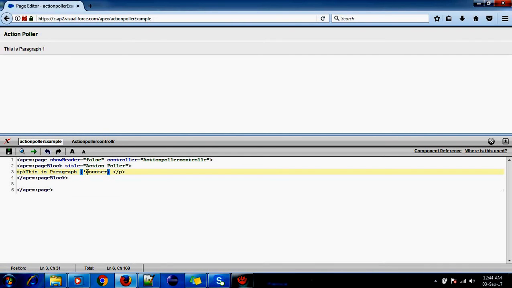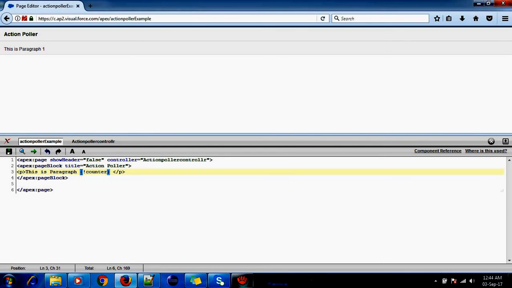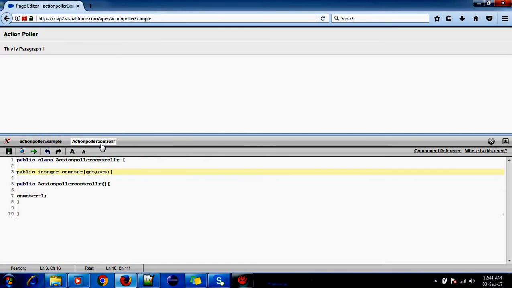When I save it, you can see this got called. This is not a method, this is just a constructor. A method needs to be called, but a constructor we are not calling. I have just used this global variable here, and it's getting called automatically because it's placed in the constructor, and the constructor is the one which gets called first.